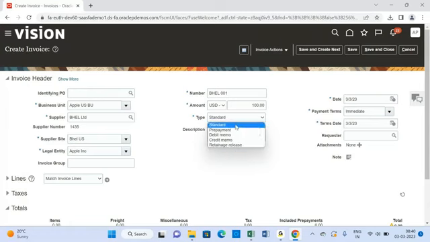Okay, let us proceed with the standard invoice type as we are creating the standard invoice. Description, if you wish you can give any description. The date is the invoice date. Payment terms is the immediate payment terms, which means the payment has to be generated immediately, and this option got defaulted